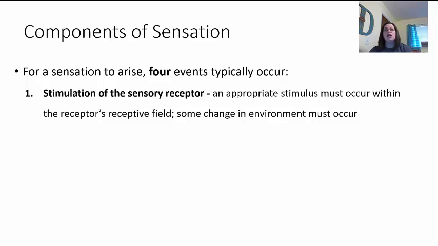Okay, so if I was in this video and I just was moving my mouth, but nothing was coming out, then there's no way for you to know what I was saying. Okay, so when we look at this, you have to have a way of detecting it. There has to be a change in the environment, and that's what we have to see with these receptors. There's going to be some sort of change, whether it's a change in the temperature, a change in the chemicals, a change in the pressure, whatever that change might be.